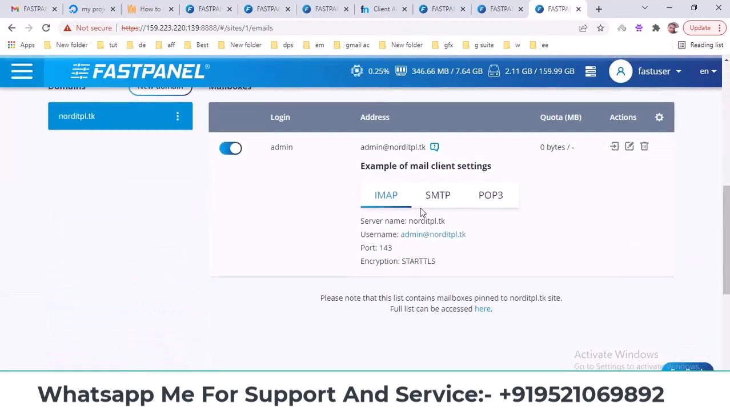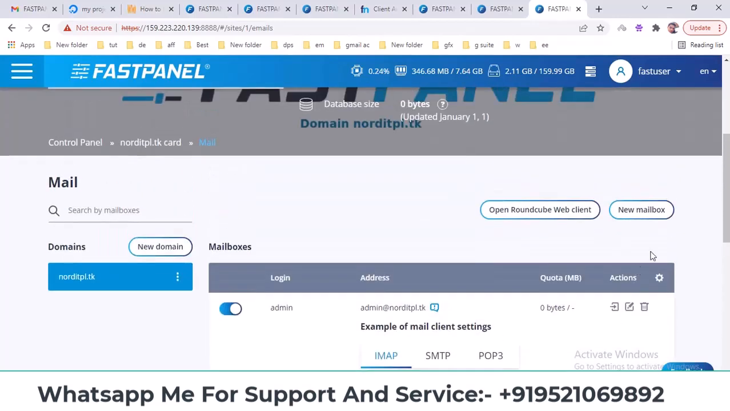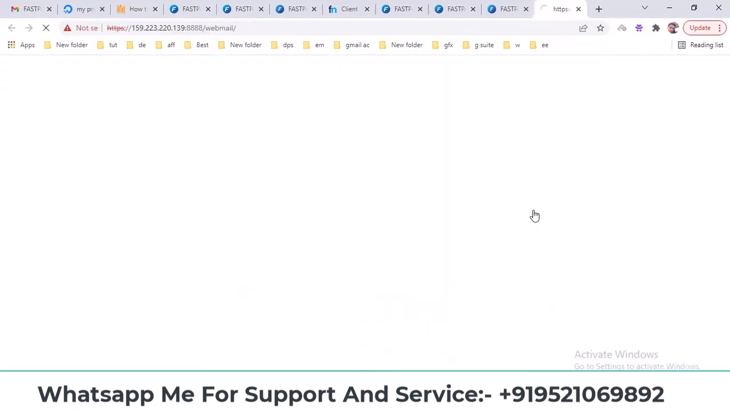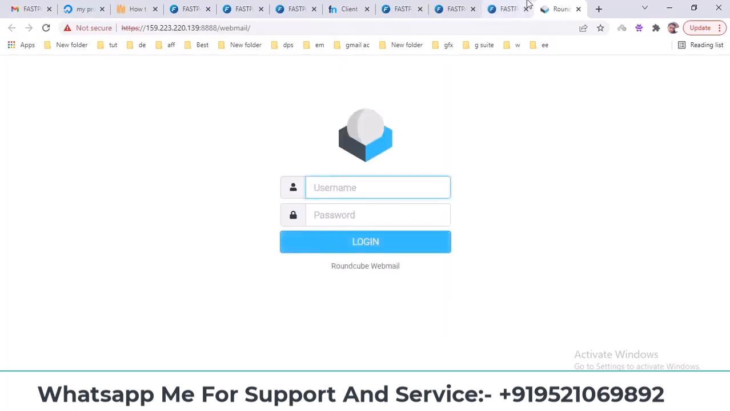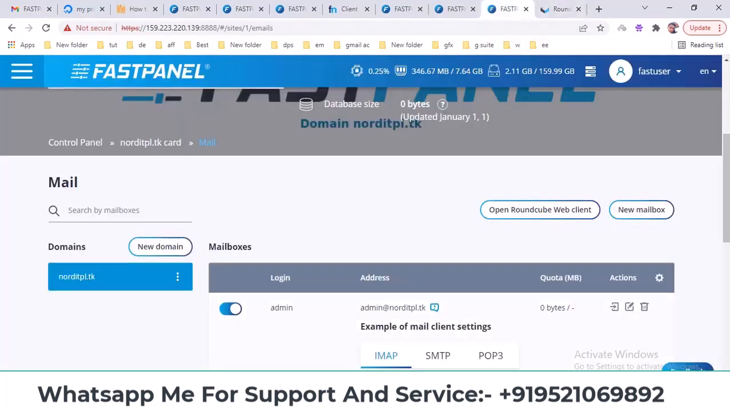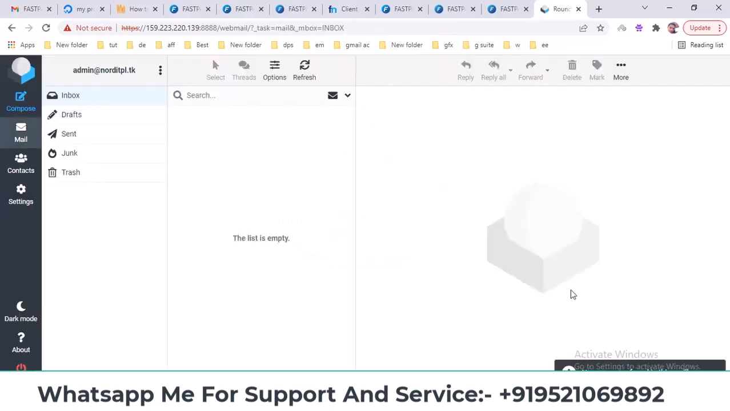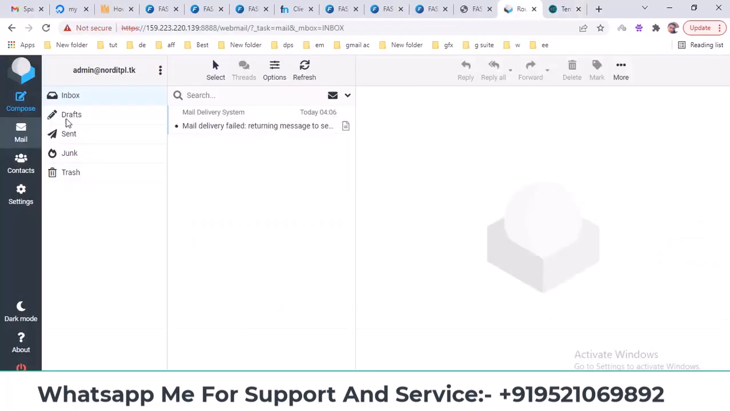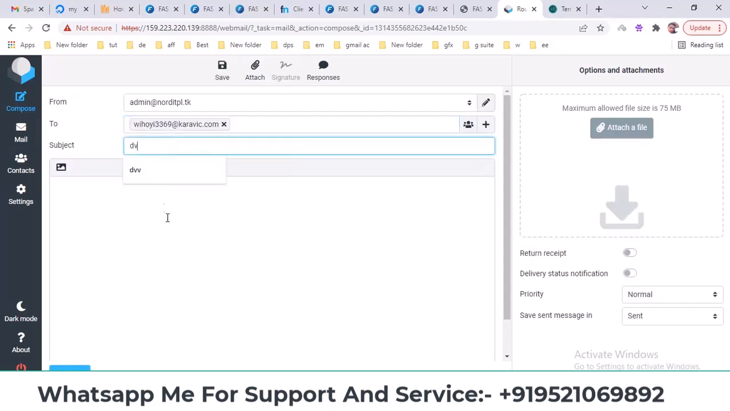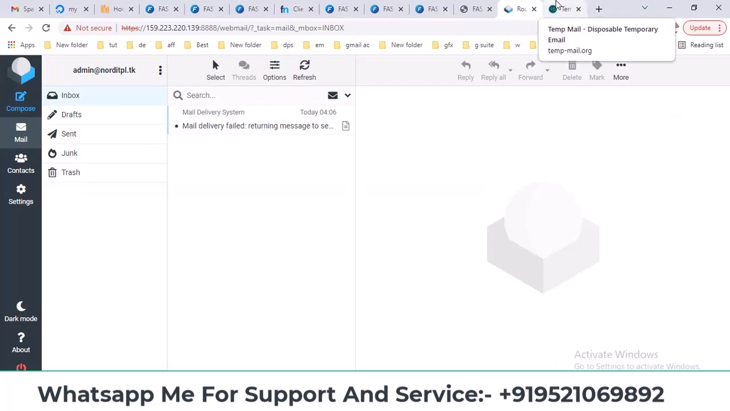You can access it by opening RoundCube from here. Your RoundCube webmail will open, and people can log in by entering these details here. I clicked on Login. Here we are logged in. From here, I'll send a test email. Click on Compose. Let's send a mail. I clicked on Send. It shows sent here, and after coming back,